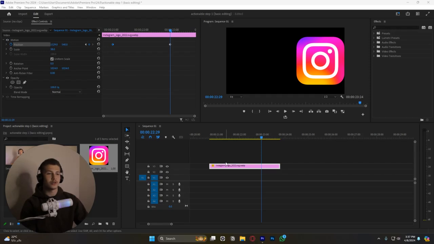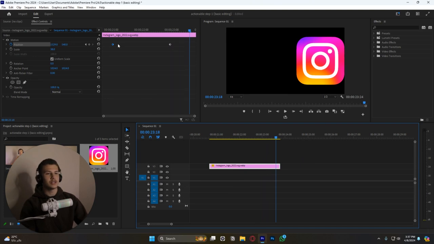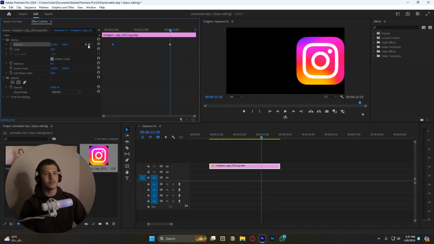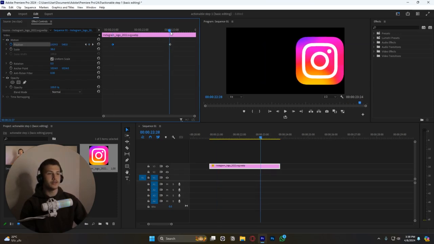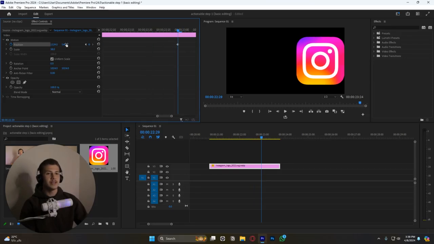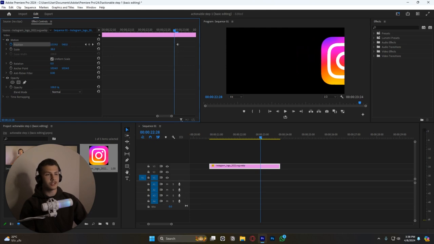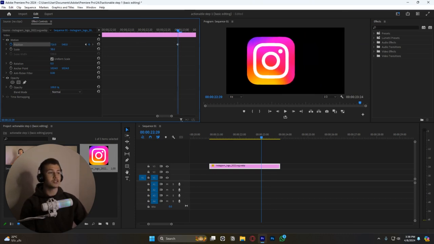Let's go ahead and watch if our assumption is correct. That's exactly it. And notice it only starts at the first keyframe and ends at our last keyframe. To toggle between them, all you got to do is go through these like this. And I can actually go through and hover over my keyframe. If I go to the exact frame at which my keyframe is located, if I go to a frame before it, you can see if I change it, it's actually going to create a keyframe before it. If I go to a frame after it and change the position, it's actually going to create a keyframe after it. Whereas if I just go to the exact frame and change it, it's just going to change the variables